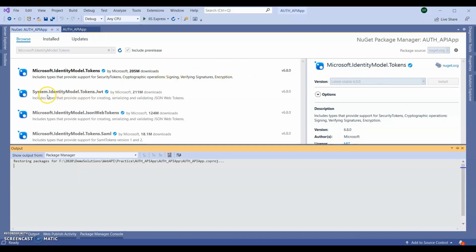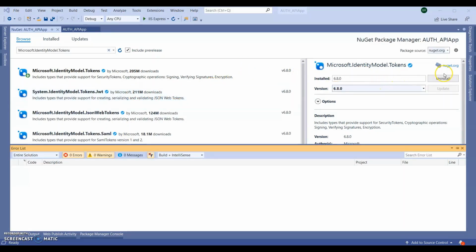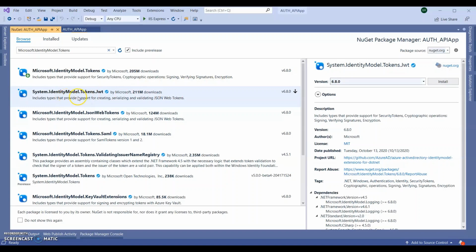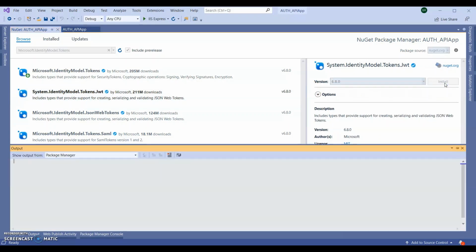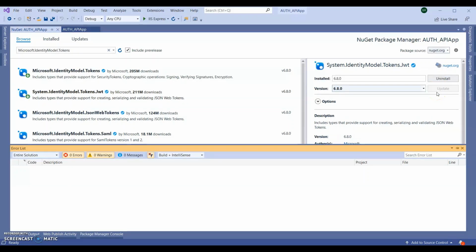Then we need to install the second part, System.IdentityModel.Tokens.Jwt. Wait for a few seconds, let it install. So it got installed successfully. Now install this System.IdentityModel. Okay, this also installed successfully. Close the NuGet package manager.